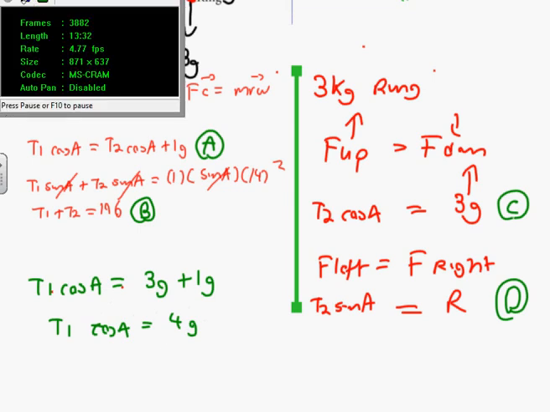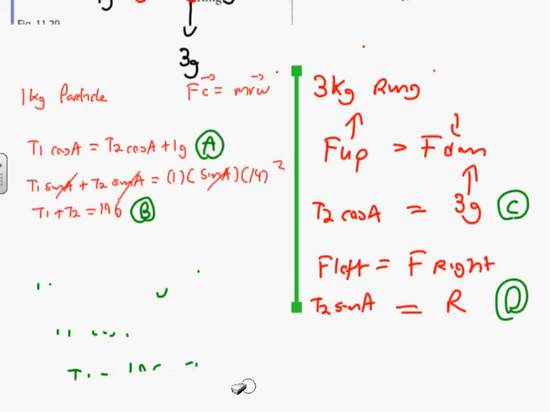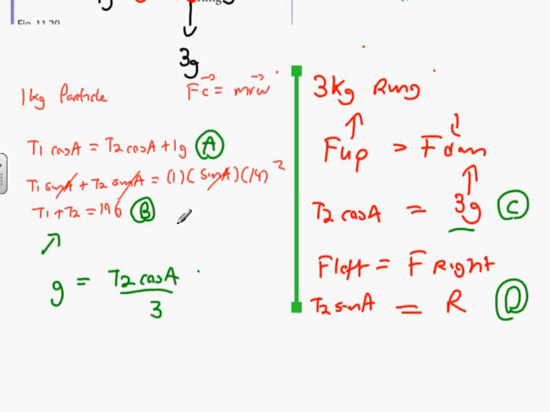What we're going to do? Because I have this equation here, I want T1 in terms of T2. That would really work well with this equation here. So what I'm going to do here is I'm going to get G on its own. I'm going to say G equals T2 cos A all over 3. That's equation C. I'm then going to combine equation A and equation C